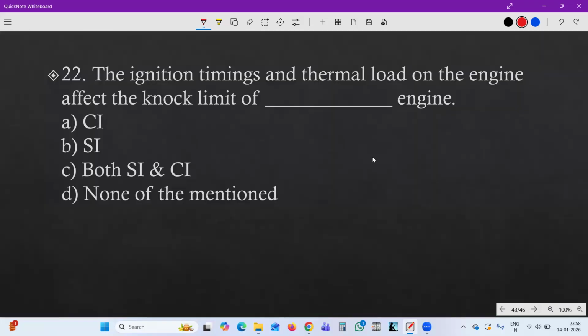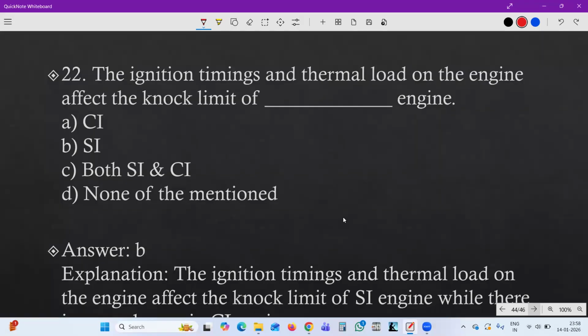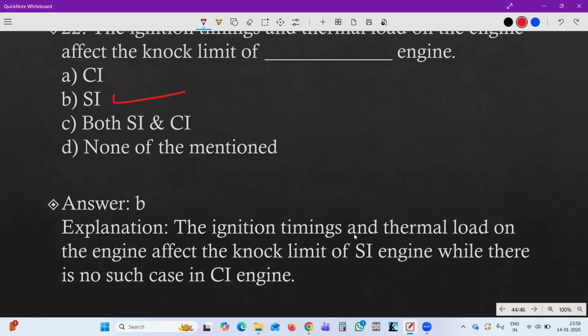22. The ignition timing and thermal load on the engine affect the knocking limit in: CI engine, SI engine, both CI engine and SI engine, or none of the above. So the ignition timing and thermal load of an IC engine affect the knocking limit in SI engine. B. The ignition timing and thermal load on the engine affect the knock limit in SI engine, while there is no such